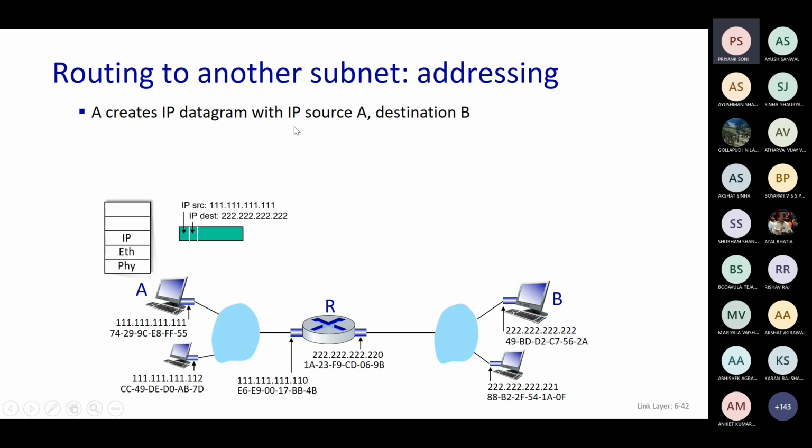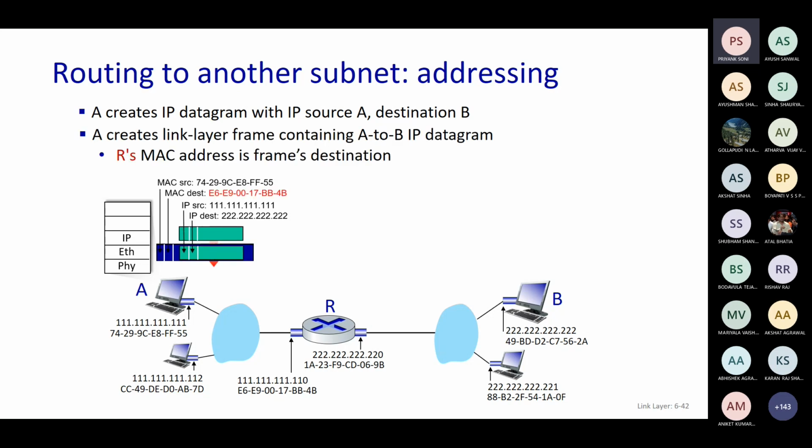Okay. So now, if I want to send it to another subnet, then how will A send this? First, it has to query like it was doing in the previous case also. But what is it doing first? So it has to send the destination IP, that is 222.222.222.222, and the source IP address is 111.111.111.111, etc. Okay, so these two pieces of information are there.